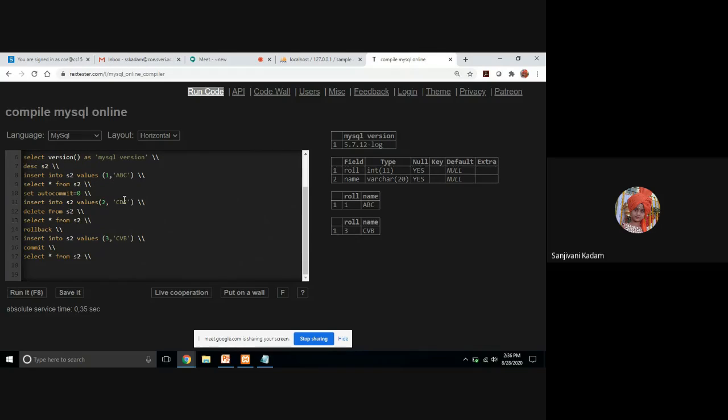And here this record already got committed, and because of this the record will also remain true, and hence this is shown here. And because of deletion, this record also will get deleted. Select star from S2, so this will display null values. Okay, so here if we display select after rollback or after delete,